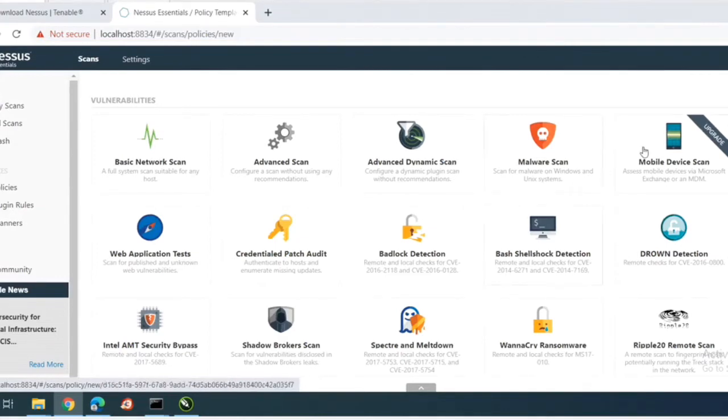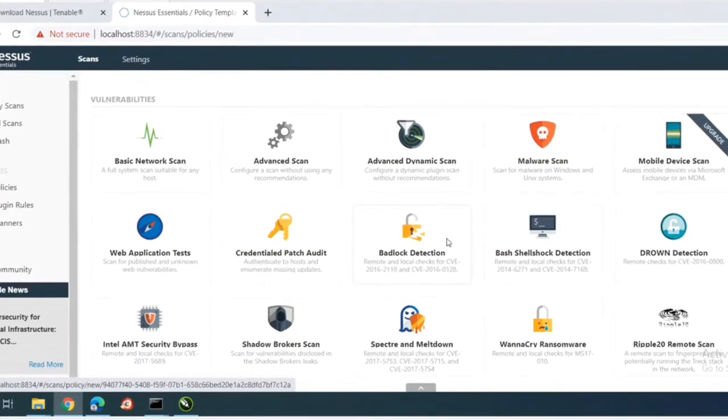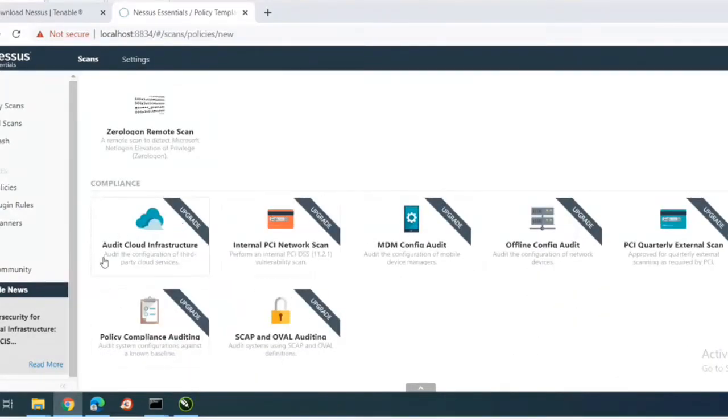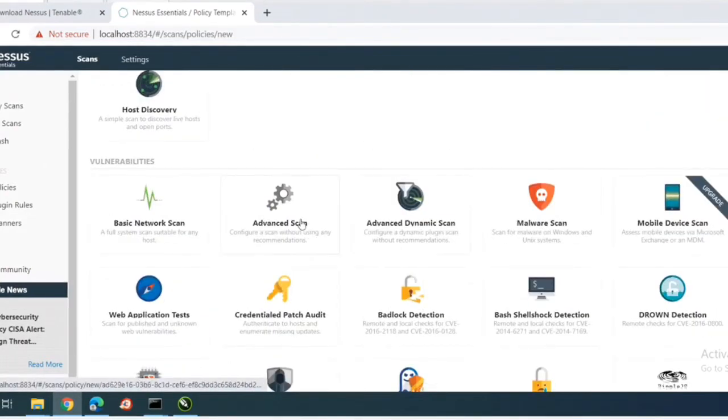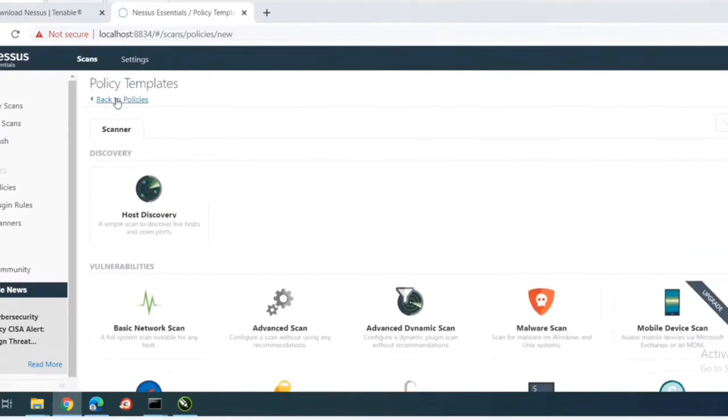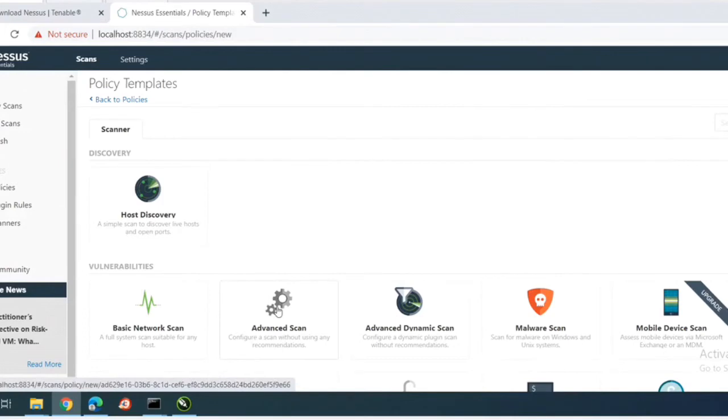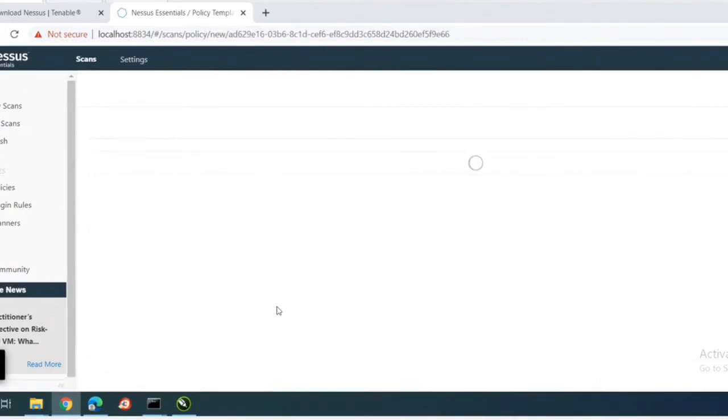So you don't have this mobile device scan feature in this basic version, and these cloud and compliance scans are not available in this free version. So we are just going to check the policy template. You have gone to new policy. Now you can select a scanner, like you can select a template. Now if you want to go for an advanced scan, I've chosen advanced scan.